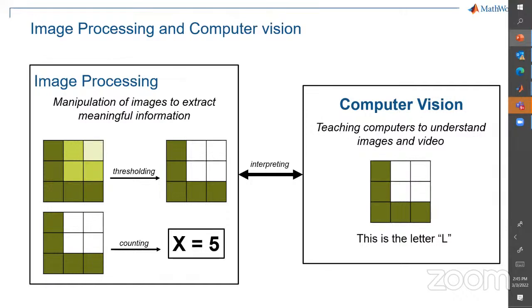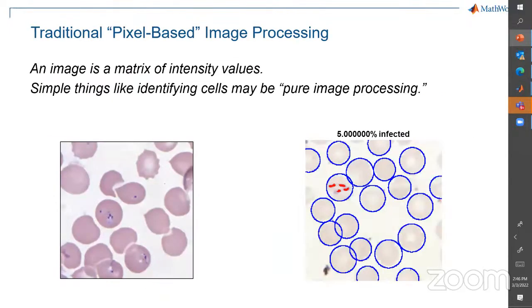So image processing is mostly around working with the pixels on the image, and computer vision is more around understanding the images and getting the information out of it. That was a very high-level introduction to what image processing and computer vision could be. Now going ahead, an image